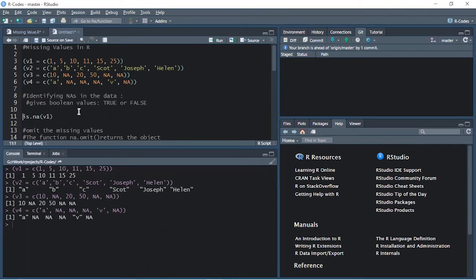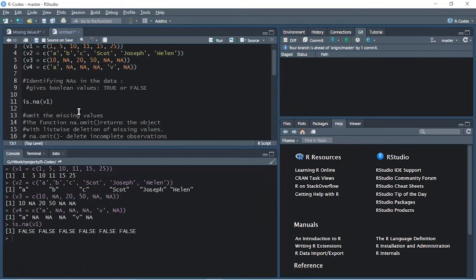Wherever there is a missing value, it will give you true, otherwise false. Let's see. If I just execute this is.na, you can see because all the values were complete, there are no missing values. The output of is.na is false in the complete positions because there is no missing value.